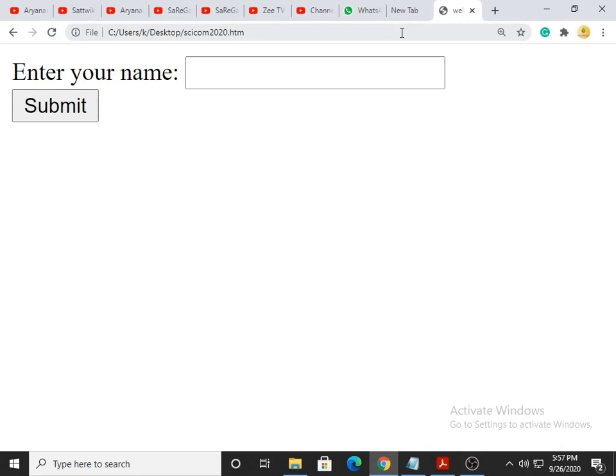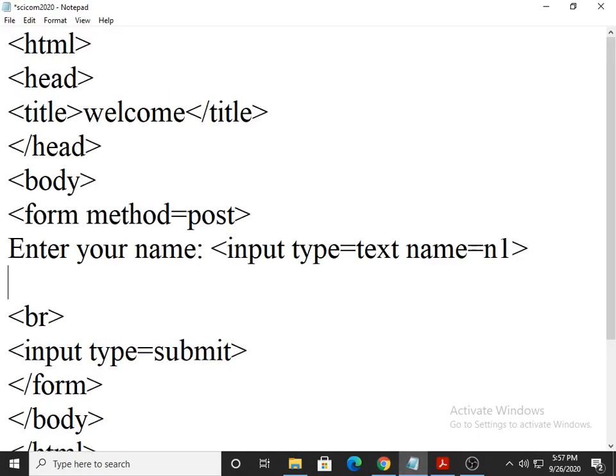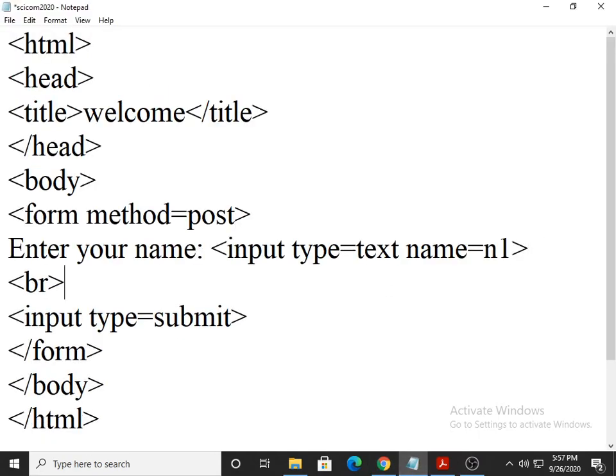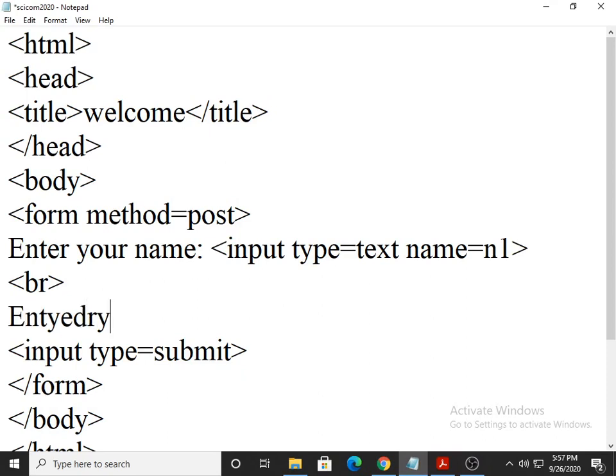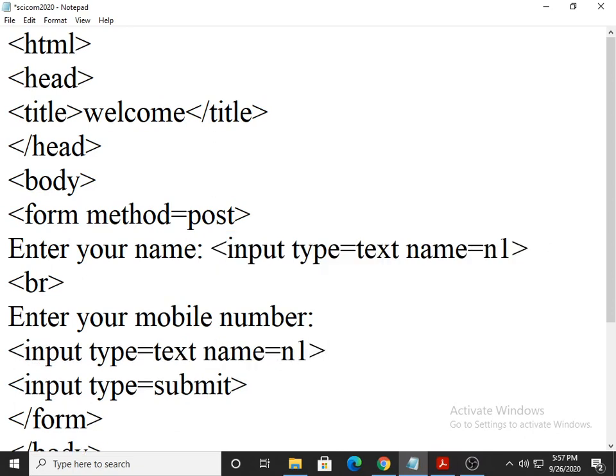Second thing, if you mention post, then post will send information block by block. For example, I put BR over here. Again, I mention, for example, enter your mobile number, and then I mention input type is equal to text. Even though you are asking for a number, input type is equal to text is used here.